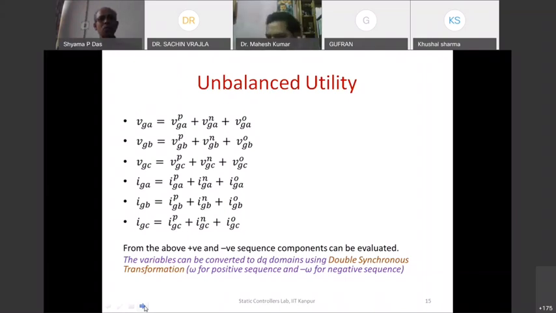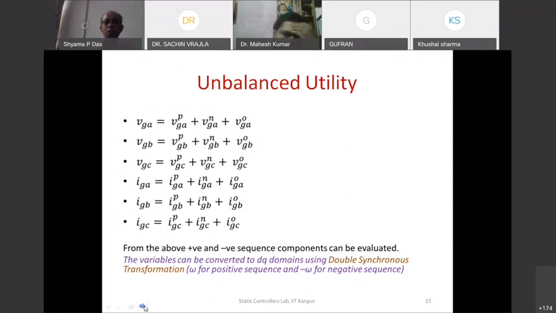after we extract from the grid voltages the positive, negative, and zero sequence components. We can transform the positive sequence component by a transformation involving plus omega, and we can transform the negative sequence component by a transformation involving minus omega. Then we have a zero sequence component, which does not need any transformation because, being cophasal, it does not produce any rotation. So we also have to apply the synchronous reference frame theory here, but this is called a double synchronous transformation.